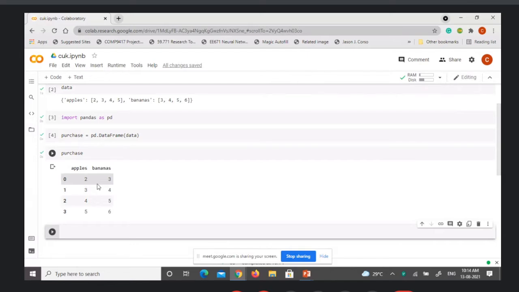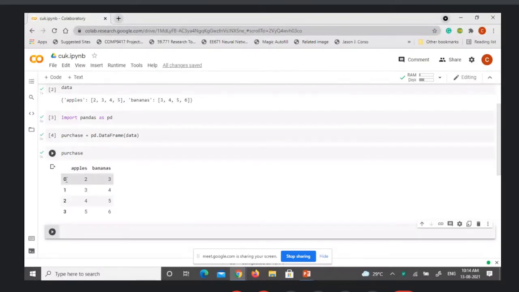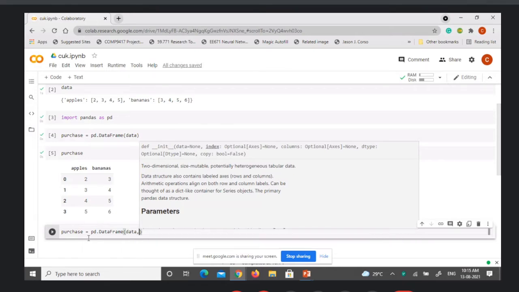Okay, but what is missing is we have this data pertaining to 4 different people, P1, P2, P3 and P4, and what we have here is 0, 1, 2, 3 as the row indexes. So in order to change this into P1, P2, P3 and P4, we can say purchase equal to pd dot DataFrame of data, and we have the index option.